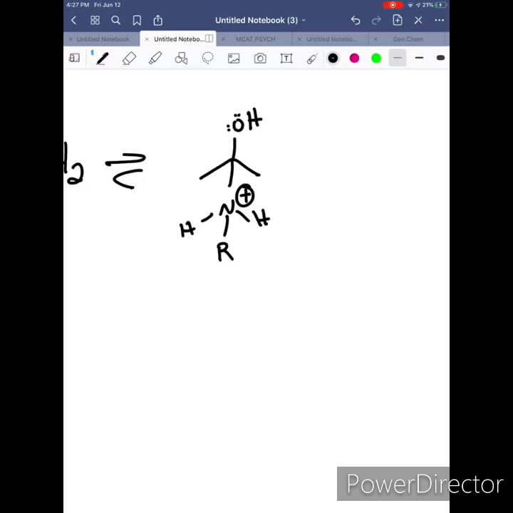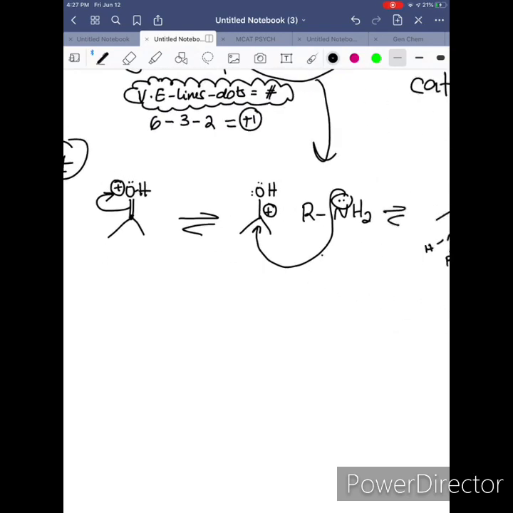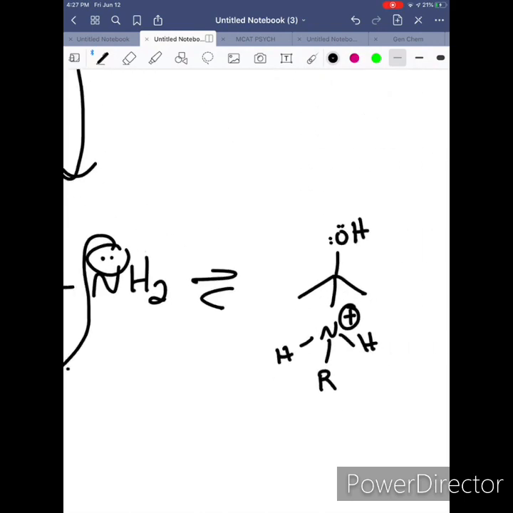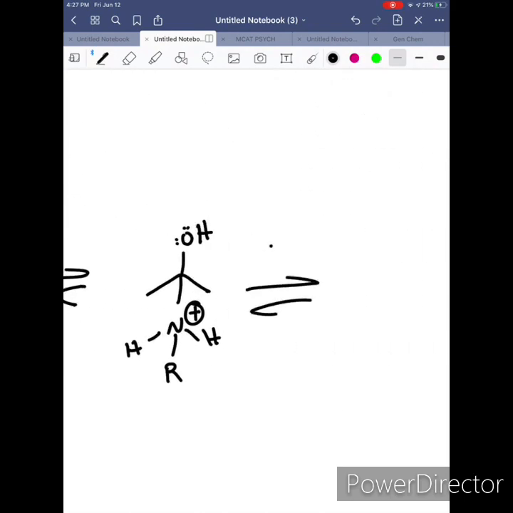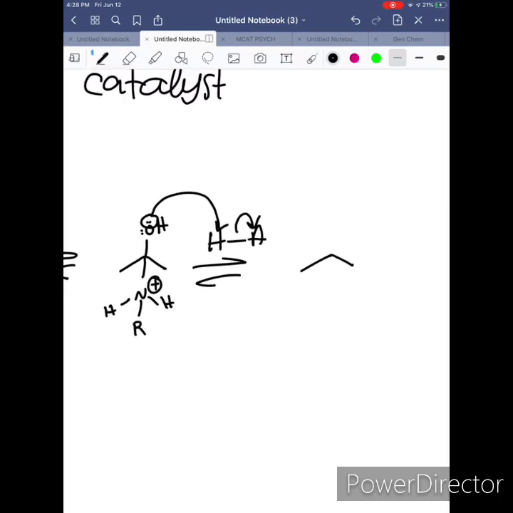So let me erase this really quickly. Okay, so let me go ahead and add these electrons for oxygen as well. It's very important for you guys to always add your lone pairs because, obviously in the beginning we have acid, but the acid never really goes away. It's in excess, right? So at this point the acid comes into play again. And what happens is these electrons, because nitrogen has no lone pair of electrons. If nitrogen had a lone pair, it probably could have also captured this hydrogen, but it doesn't. Right now it's full, so this oxygen is going to capture this hydrogen and it will donate its electrons to the A. And then you're going to have water